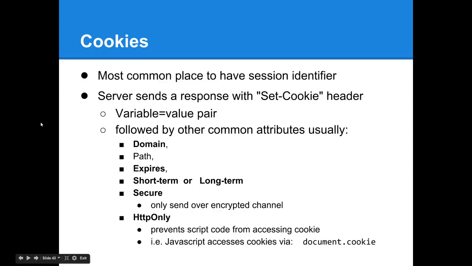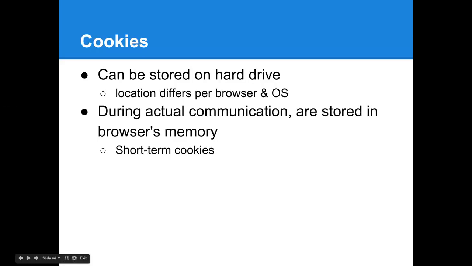Similarly, expires, short-term and long-term, are used for constraining the lifespan of the cookie, and short-term indicates that it is only meant to be stored in browser memory, so when the browser is closed or the tab is closed, that cookie now goes away. Long-term will store it on disk, which is important. So where it is stored differs depending on the browser as well as the operating system. And again, short-term cookies are ones that are only stored in browser memory and only are accessed during the actual